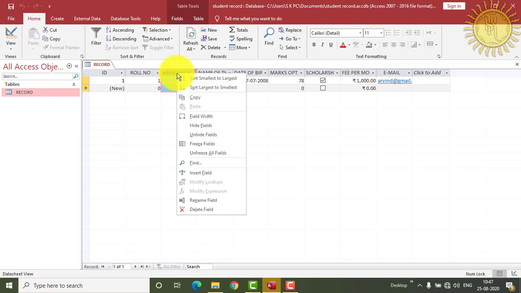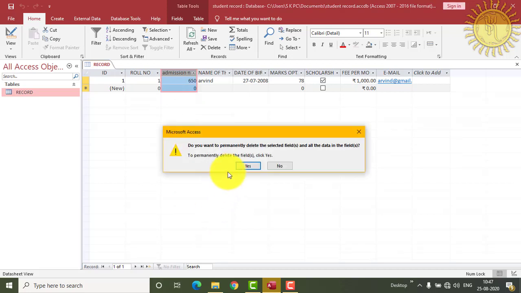So just right click here and at the last there is the option to delete the field. So after clicking on this delete field option, it will ask the permission. The confirmation dialog box is this. So do you want to permanently delete?